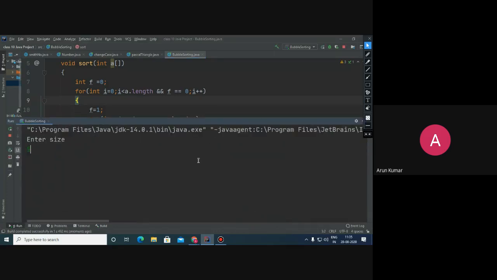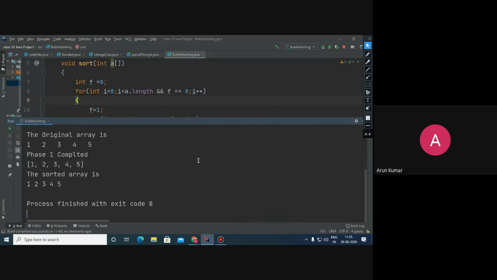Children, this time I am just giving you the sorted elements like this. And you can see that only phase 1 got completed. After phase 1, phases 2, 3, 4 and 5 were excluded. They were not completed. Only after the first phase the loop terminated and the sorted array is on the screen. So this is how we have saved our time.